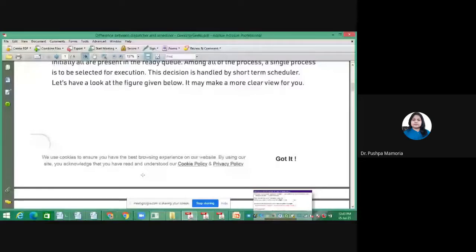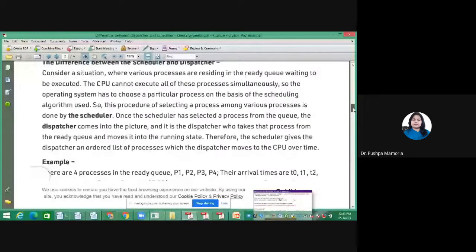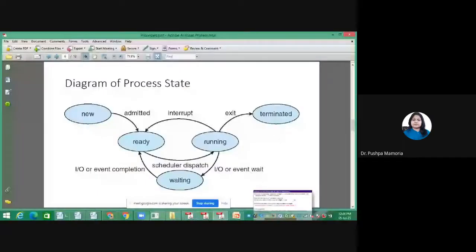Right? Also on other websites, they have given the differences, so you can write the difference, or we can say the comparison. Now, they are also explaining the difference between scheduler and dispatcher. Okay, difference between the scheduler and dispatcher. So in the process state diagram, here we are seeing these two words, scheduler and dispatcher. Okay, so we have seen the meaning of scheduler, which is divided into three parts. Now, what is the meaning of dispatcher and the difference between both?